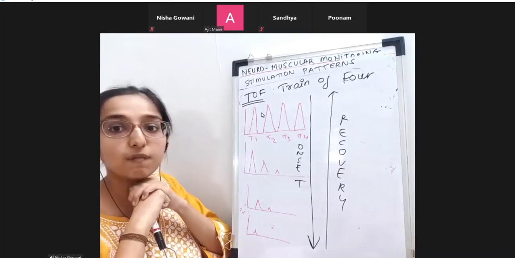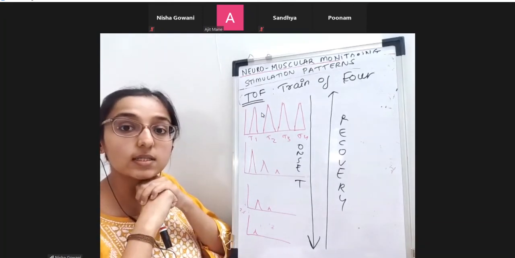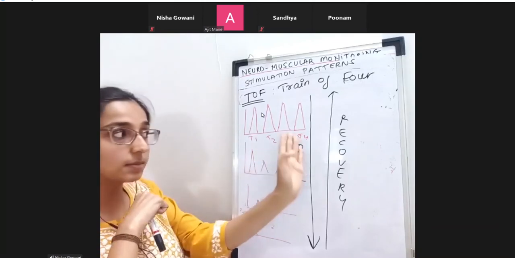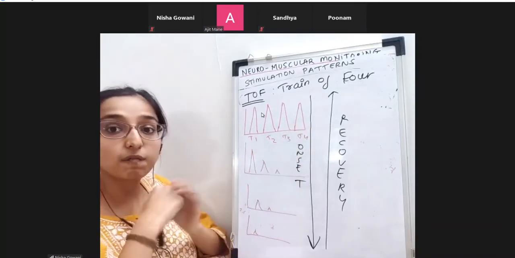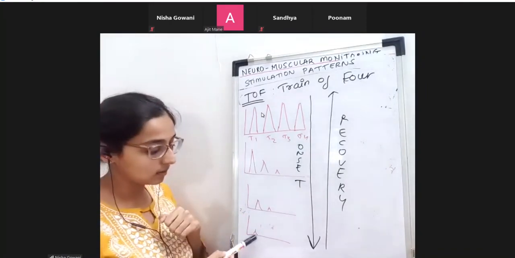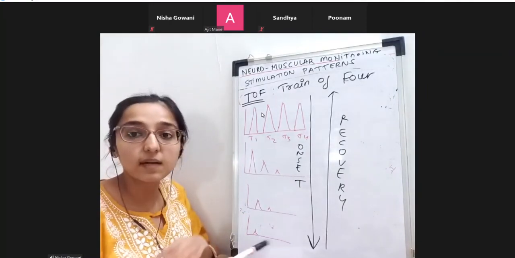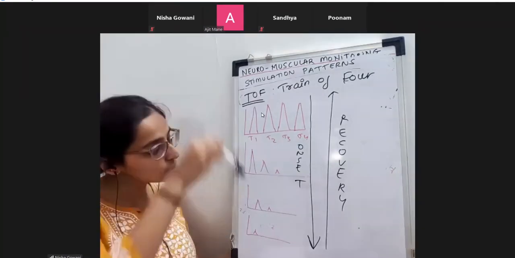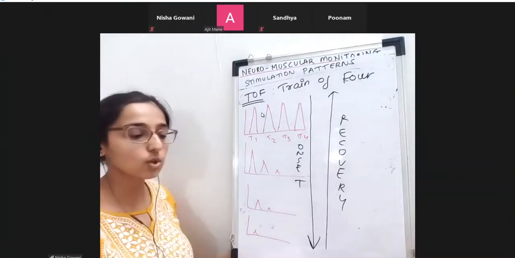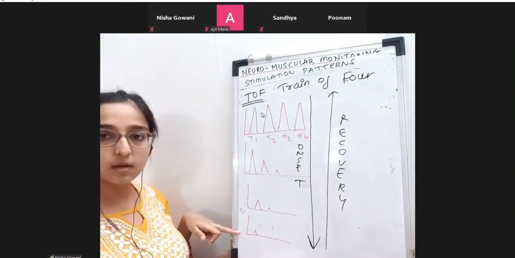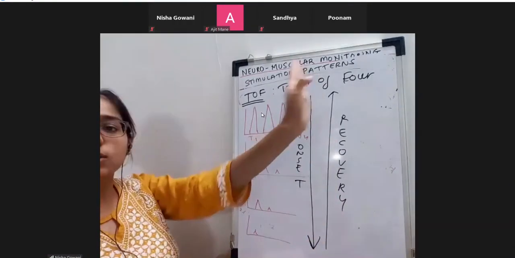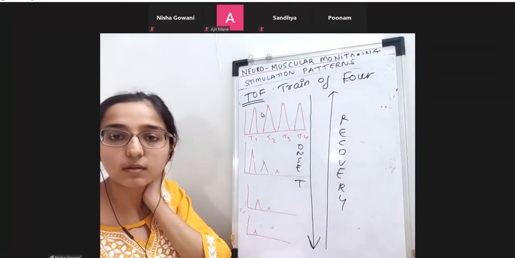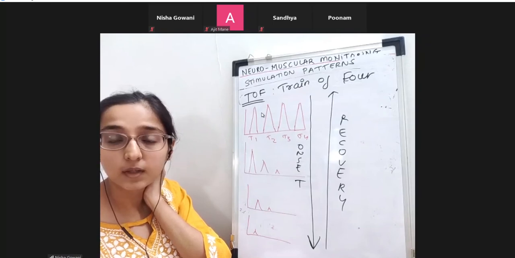Okay. The first to disappear is T4 as the onset of block occurs. The first to disappear is the fourth one. The first to recover, the first one to appear when you are having recovery, is T1. So there is no confusion. The direction is just changing. So you remember this direction, you go opposite, and the same thing you will see for recovery. Is this okay? Yes. No confusion.